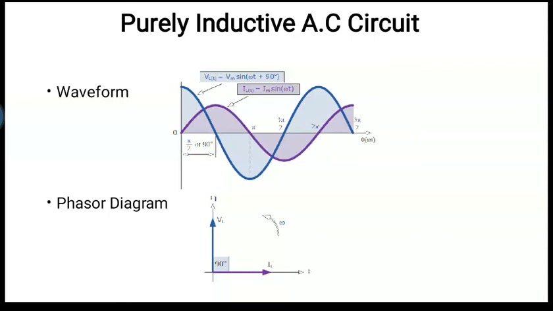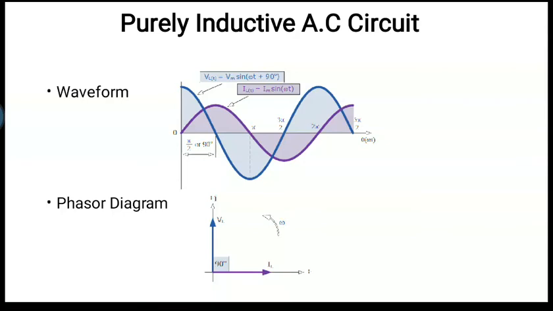So I told you in my previous lecture also, the thing which is starting from the top, positive, is always leading, and which is starting from below is lagging. Right? So here voltage, which is in blue color, starting from top positive, is leading, and it is leading by 90 degree. You can see that both the waveforms are crossing the x-axis at 90 degree. Purple starting from 0 and blue is crossing the x-axis at 90 degree. Okay.